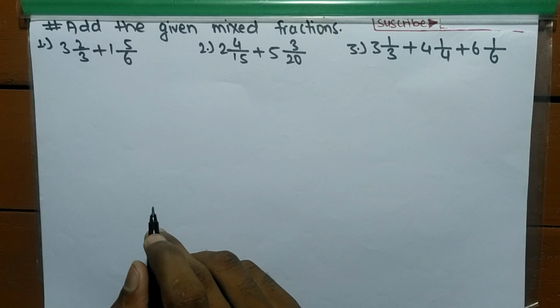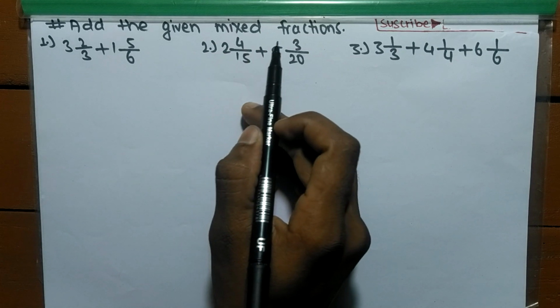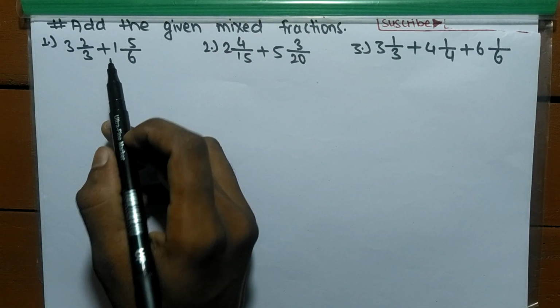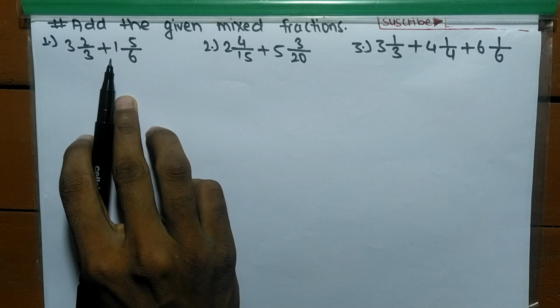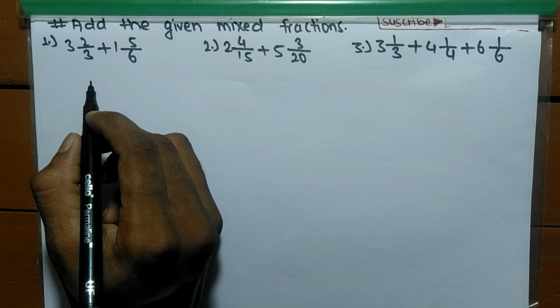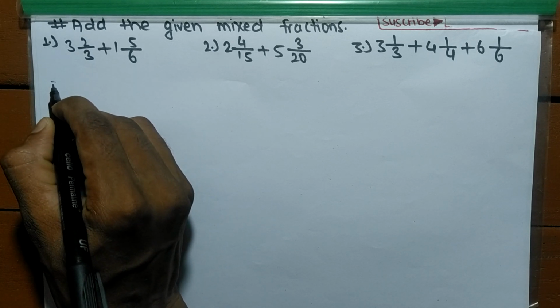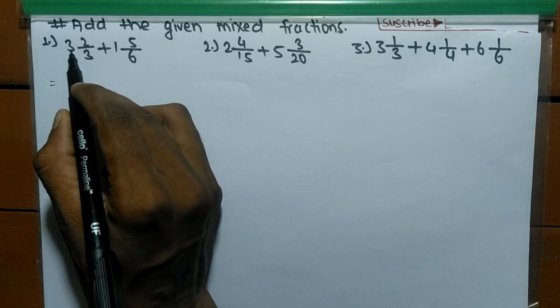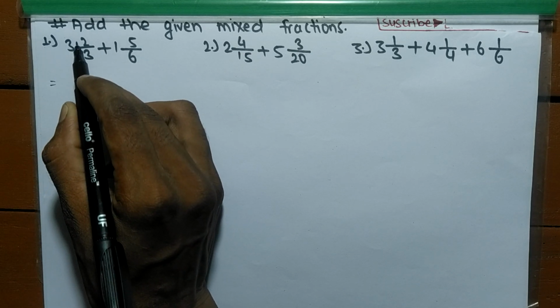So today in this video we are going to add the given mixed fractions. So here are two mixed fractions and we have to add these mixed fractions. So first of all we have to convert it into improper fraction. So while converting the given mixed fraction into improper fraction, we have to multiply these both numbers and add with